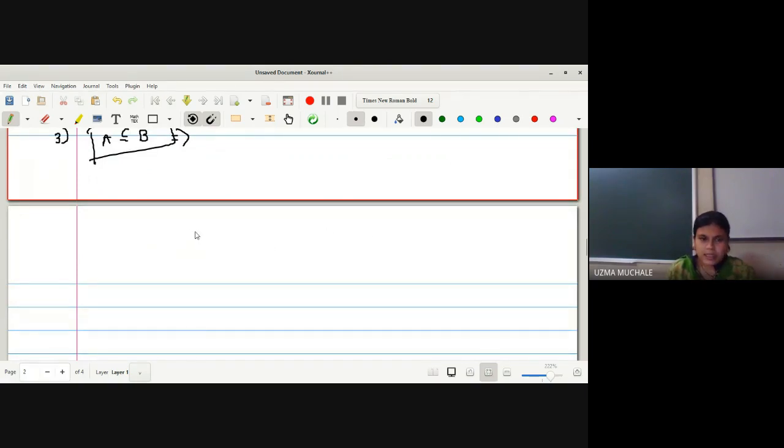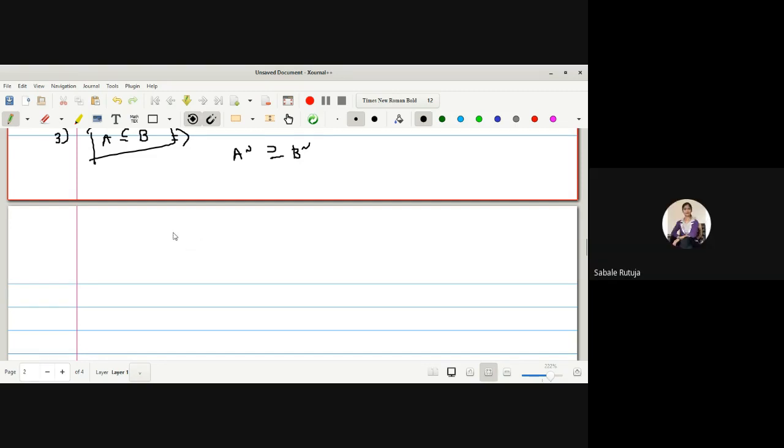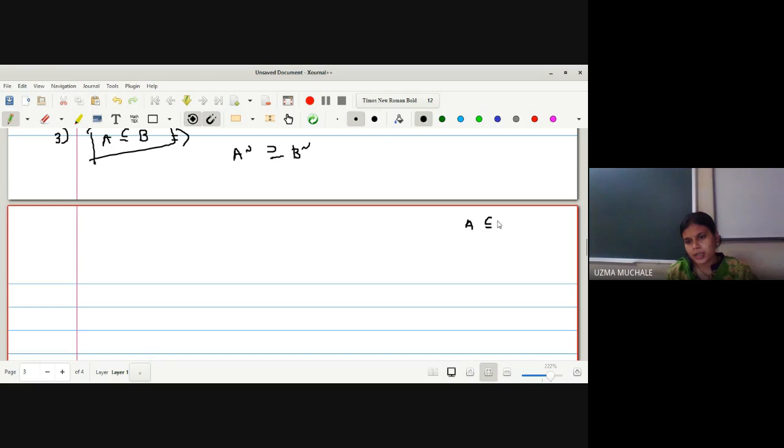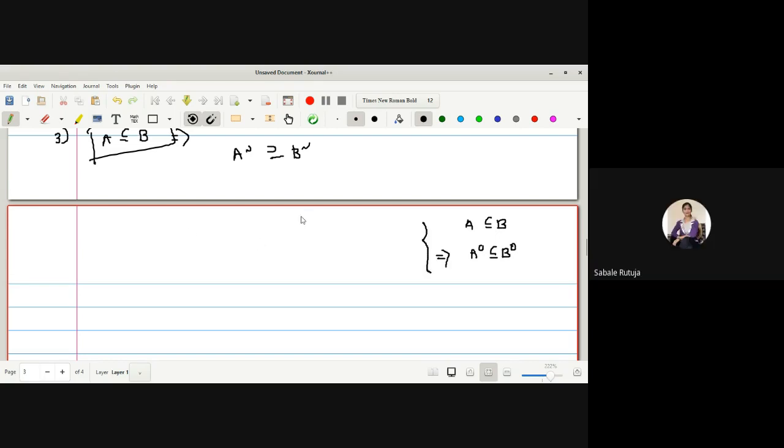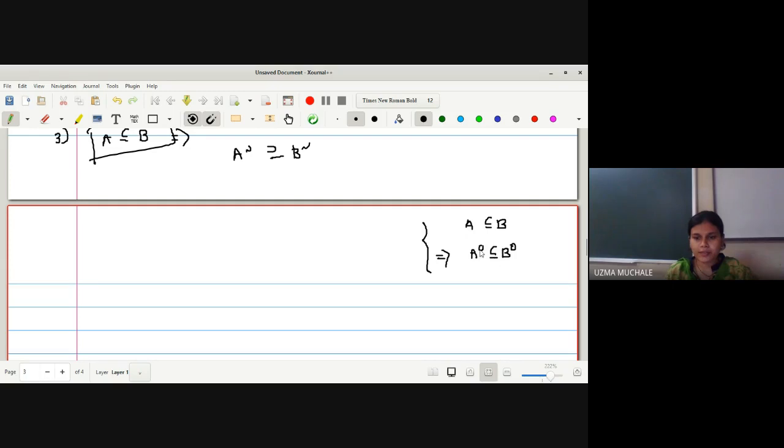Now as it is concerned with the complement, let me take the complement on both sides. What is the complement? It is A complement. If A is a subset of B, A complement will contain your B complement. That is, B complement is a subset of A complement. Are you knowing this? Yes, ma'am. Now, if I know this property, if A is a subset of B, what is the effect? A interior is a subset of B interior. Are you knowing this? Yes, ma'am. Somewhere in the properties of interior, we have written this.